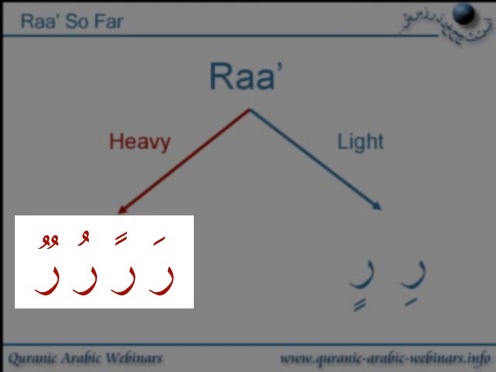So the Ra with the Dhamma and Dhammatain, automatically you'll have a round mouth or full mouth anyway because you're doing the Dhamma, the U sound. So it's only with the Ra and Ran. You have to be careful. You cannot say Ra and Ran. Okay, so don't do the normal fatha with the Ra.